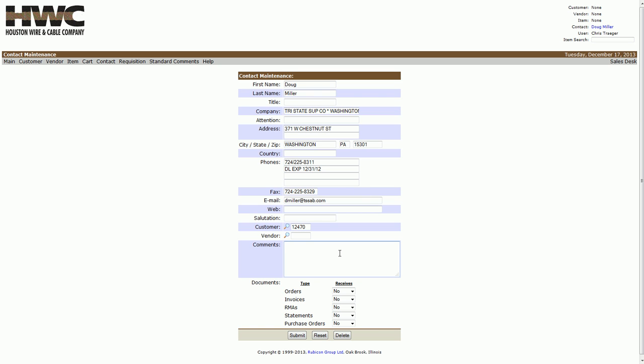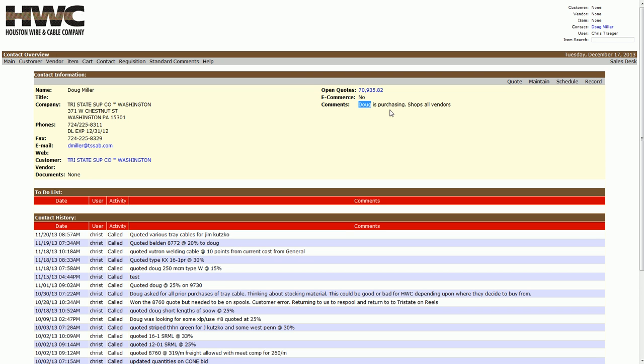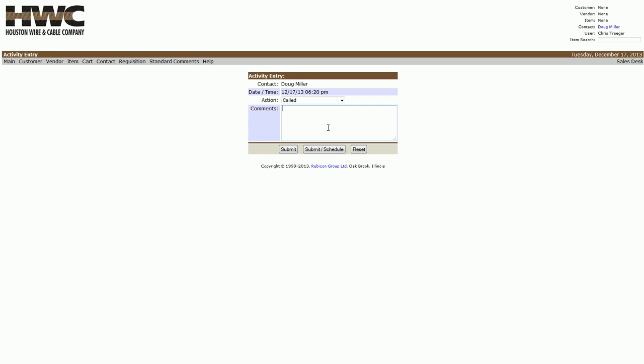If you want to maintain anything, like he gave you a new bit of information, or he changed his email, web address, whatever, you can say Doug is purchasing shops all vendors. So if you click submit, that shows up right here. So this is good information to have here if somebody has certain types of quirks about them, or what they do, etc. If you want to record a comment, say test, you can submit it, which just brings it down into that bottom area that I was showing you earlier,